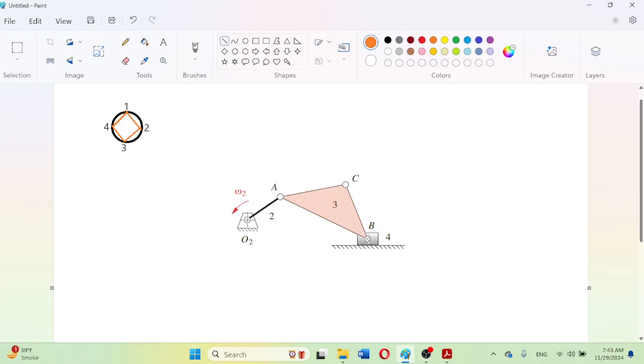So this pin will be the instant center 3,4, and this slider here, along this slider line the instant center will be I1,4, but